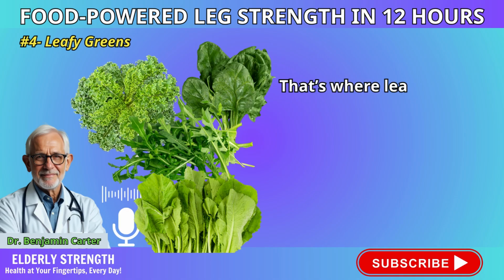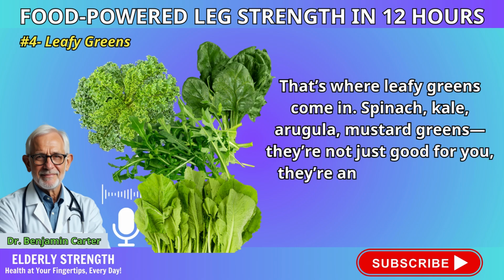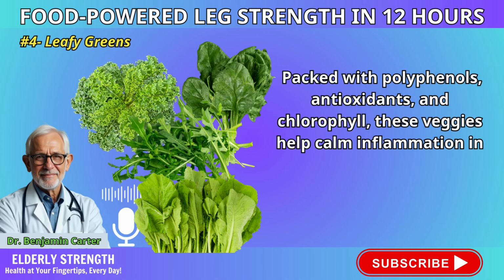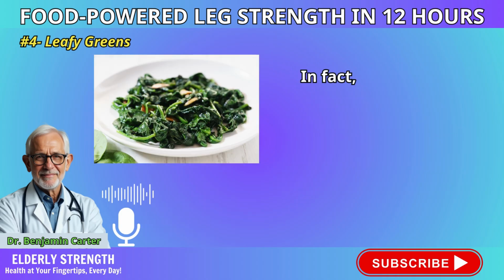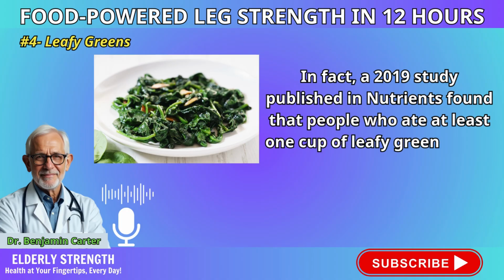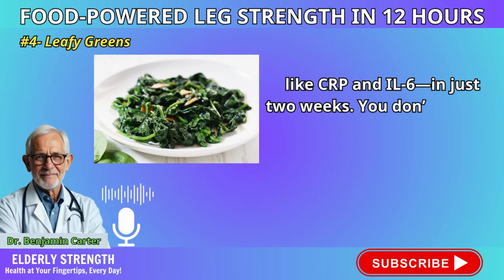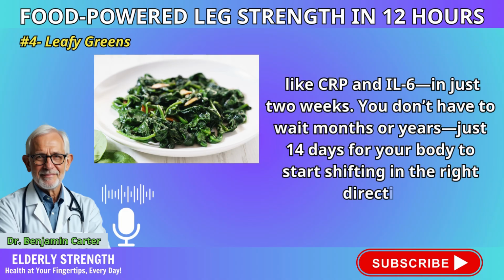That's where leafy greens come in. Spinach, kale, arugula, mustard greens. They're not just good for you, they're anti-inflammatory powerhouses. Packed with polyphenols, antioxidants, and chlorophyll, these veggies help calm inflammation in your muscles and nervous system before it gets out of control. In fact, a 2019 study published in Nutrients found that people who ate at least 1 cup of leafy greens a day saw significant reductions in key inflammation markers like CRP and IL-6 in just 2 weeks. You don't have to wait months or years, just 14 days for your body to start shifting in the right